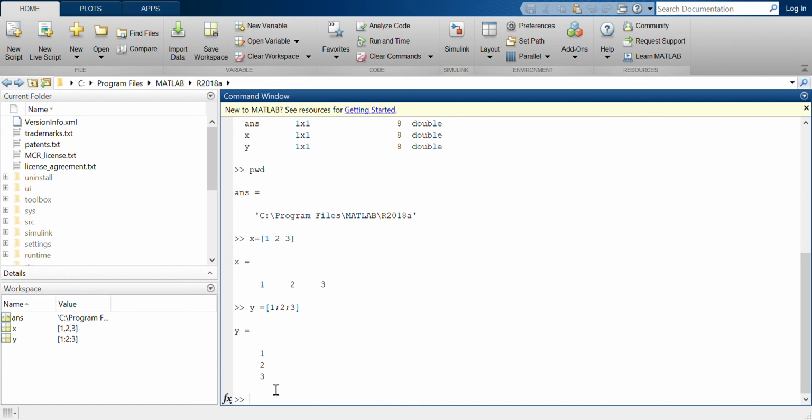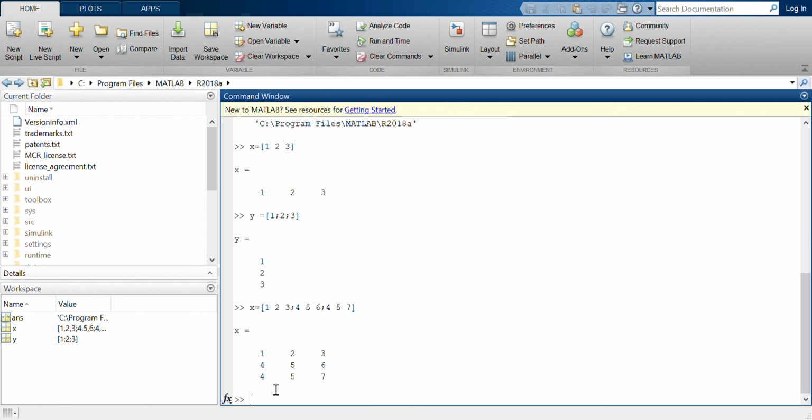Now in order to display a matrix, this can be given as 1 2 3; 4 5 6; 5 7. So this is equivalent to a 3 by 3 matrix. This way we can display all the matrices.